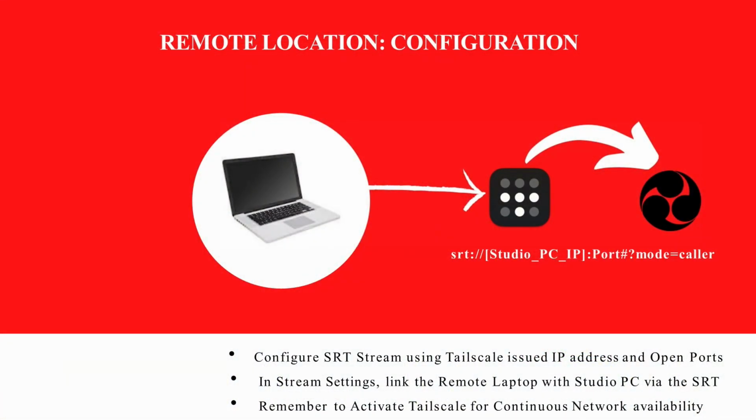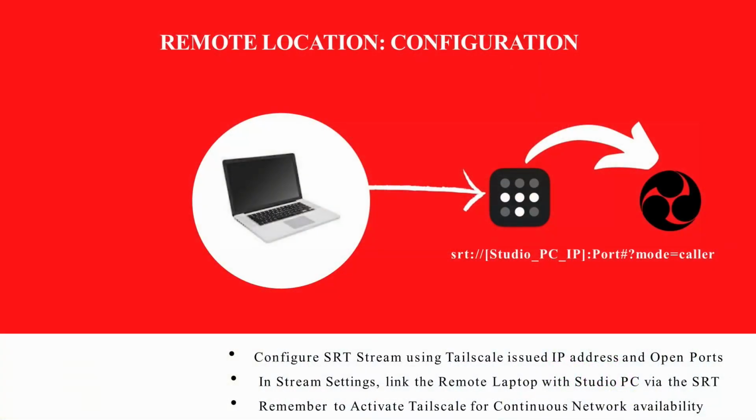So now, at the remote location, in terms of configuration, you will need to configure SRT stream using Tailscale issued IP address and open ports. So in any case, you can use 192.168 if that is the IP address that you have all the way to the end, and you might use port, let's say common port is 5000. Then once you do that, in the stream settings in your OBS configuration,